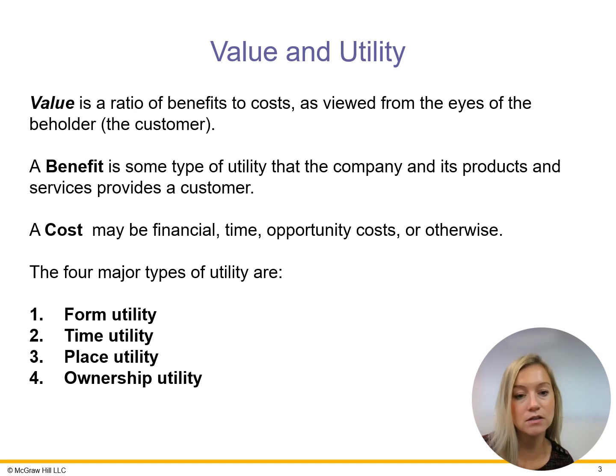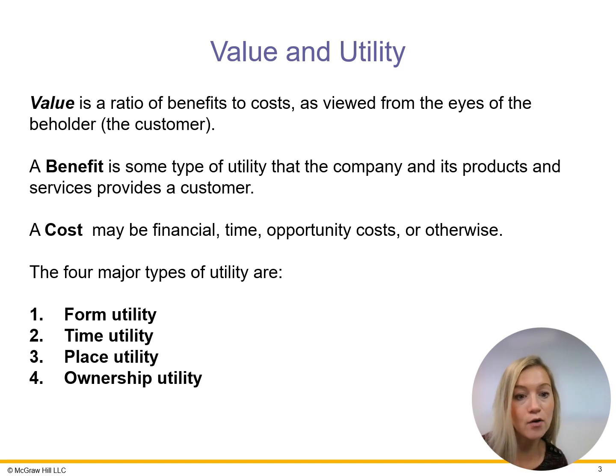Whereas for time utility, the smartphone manufacturer would make the smartphone available to consumers through a variety of channels, such as retail stores, online retailers, and wireless carriers. This would allow consumers to purchase the smartphone when and where they need it. Another thing is making it convenient, or this being the place utility. So this would allow consumers to easily purchase the smartphone without having to travel a long distance.